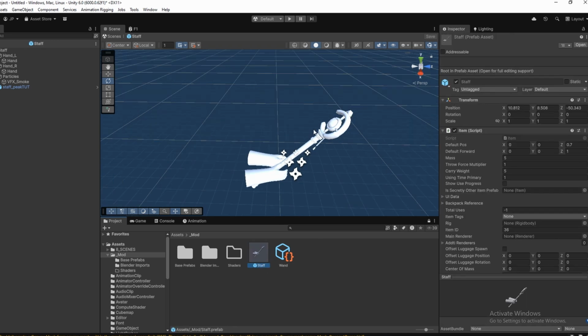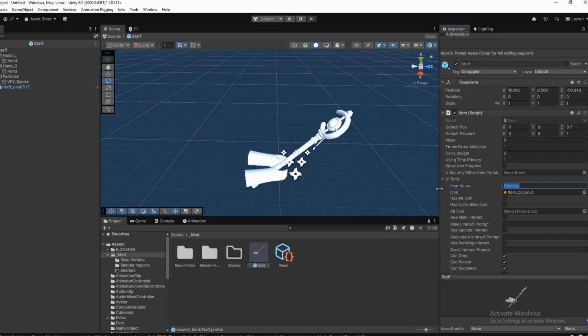Okay, so the next thing that we can do is go over to the item script here and then click the UI data dropdown. And for that, I'm just going to rename the item to Fear Staff, and you'd obviously rename this to whatever your item name is, because this is what's going to pop up when you hover over it and when it's in your inventory. And the icon,